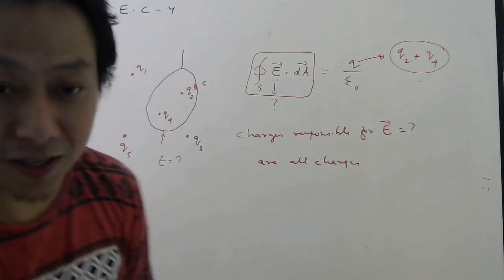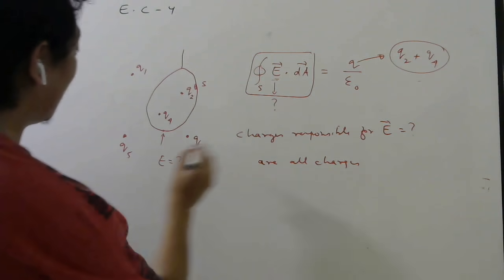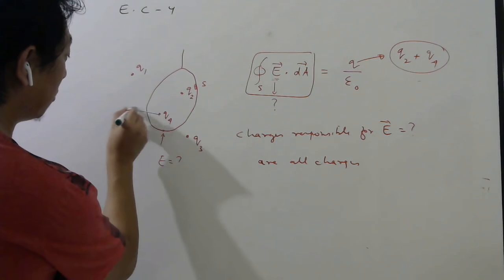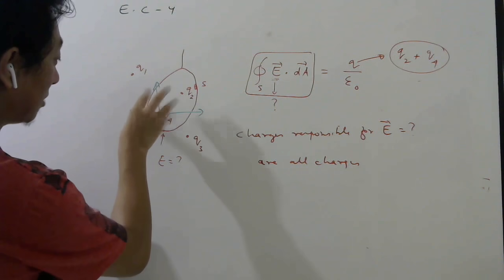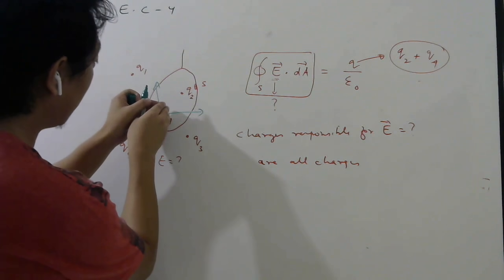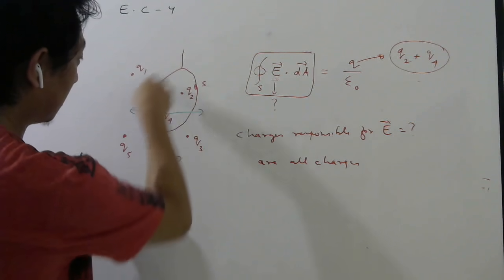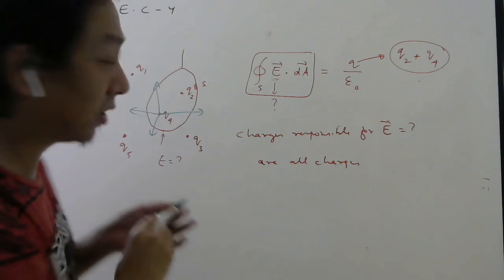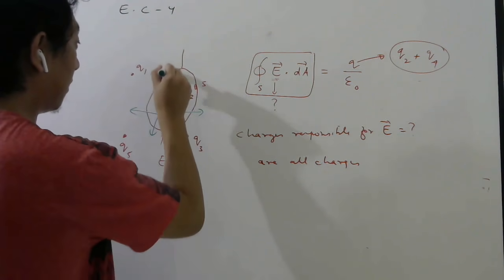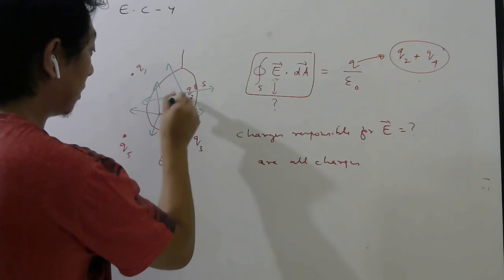So in order to understand this in a simple way, look here. If you look at this charge, this will produce electric field lines like this. So you can see lines of electric field are only going out from this surface. These lines are going out. So there will be some net positive flux. Similarly, lines of electric field from this charge will come out.